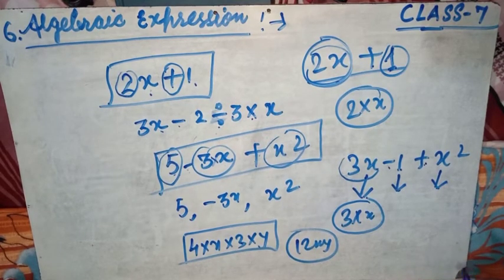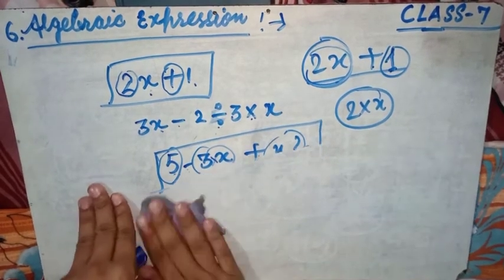Now the next topic is the various types of algebraic expression. Now friends, there are various types of algebraic expression: monomial, binomial, trinomial, quadrinomial, polynomial, and so on. So I hope friends you will go through all the pages of lesson number 6. If you have any problems about theoretical points, then please ask me or contact me.